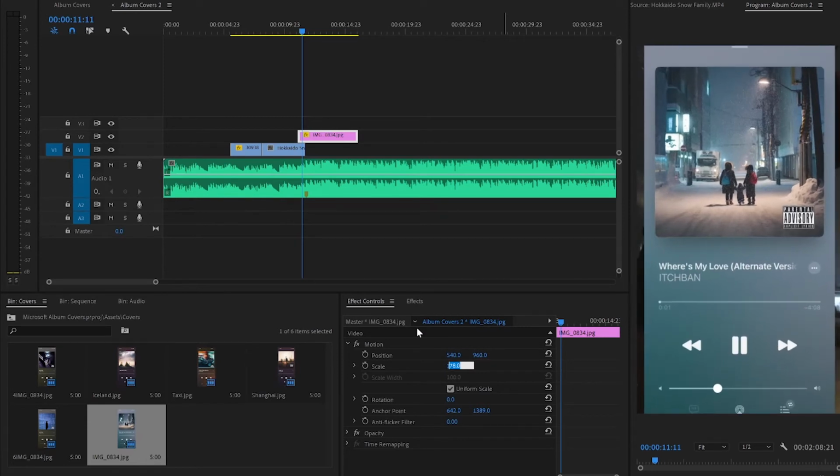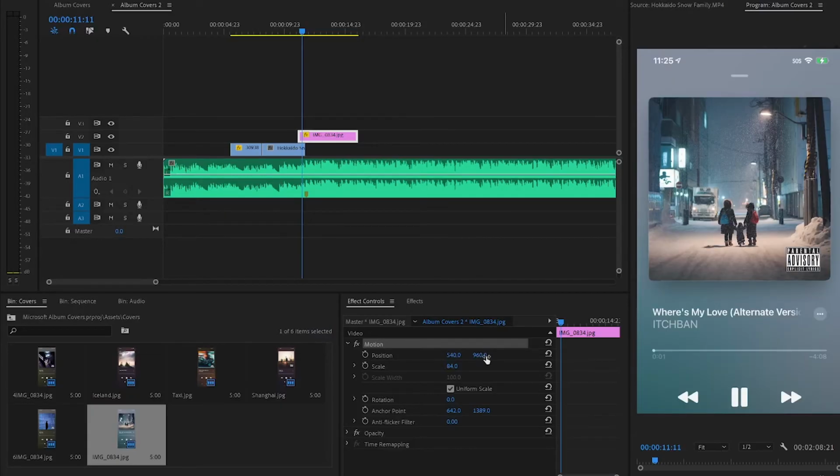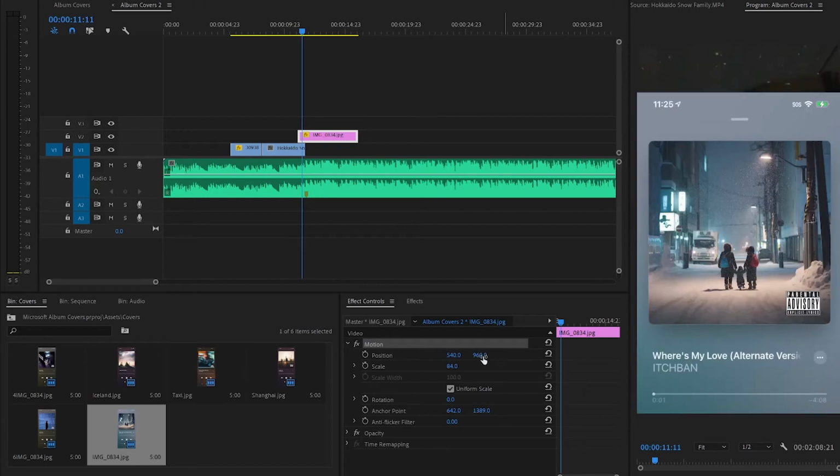bars. In the effects panel, we're going to mess with the scale until it's just right. It's sitting a bit high, so I'm going to drag it down just slightly, just so the photo is a bit more centered in the video. So now that that's resized right, we're going to make sure that it drops on the beat.